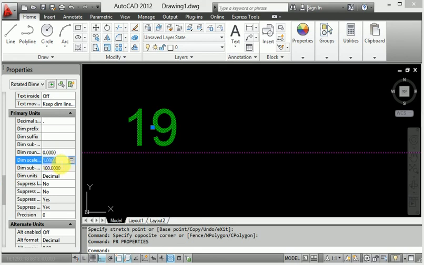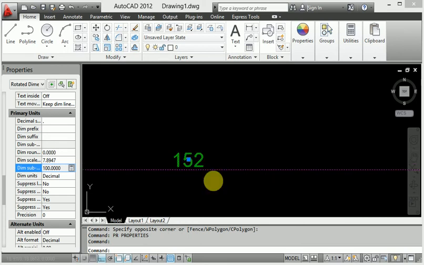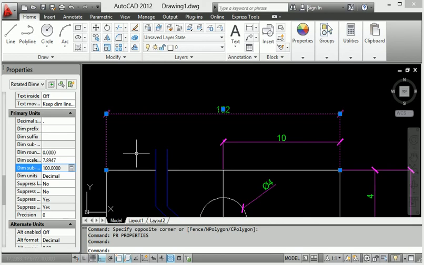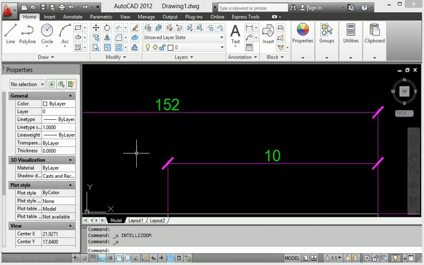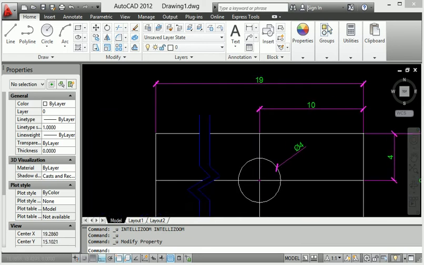So when I use AutoCAD primary unit and apply this way, how much? When I increase it here, I want 150, and I have also provided 19, so this is 152. When I change this here, this diagram is also 19 here.